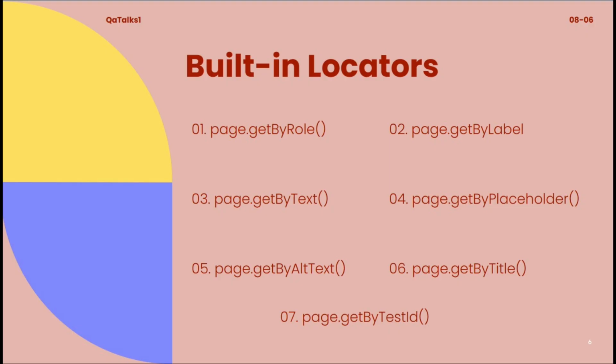These built-in locators are more resilient in nature, which means they are less prone to failures. Why? Because they are relying on the user accessible properties. If you take CSS or XPath, which rely on the underlying DOM structure, and if an HTML tag or the position changes, then the locator might fail to find an element. Whereas the built-in locators do not rely on the DOM structure and have auto waiting capabilities like to be